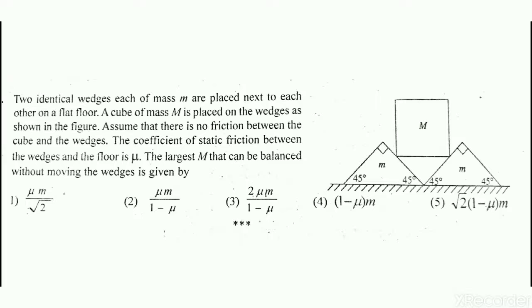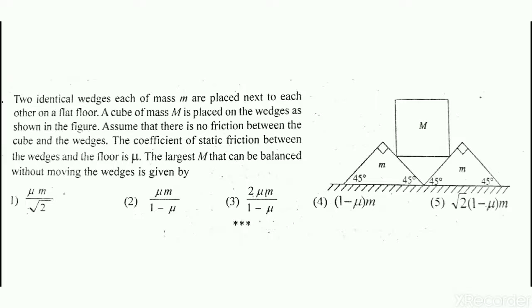Imagine there is friction between the wedges and the flat surface, and there is no friction between the cube and the wedges. When there is no friction between the cube and the wedges, the only force acting on the cube will be the normal reaction by the surface of the wedge. But when we take the wedge and the flat surface, the wedge is trying to move. I will take the right side wedge to talk about this situation all the time. When the force is acting on the right side wedge, it will try to go towards the right. When it tries to move right, the motion is stopped by the friction acting towards the left.